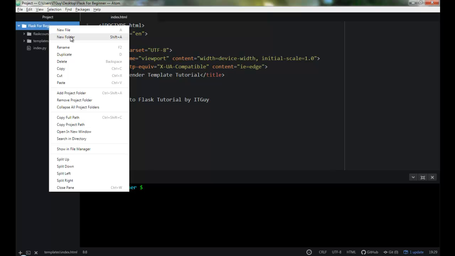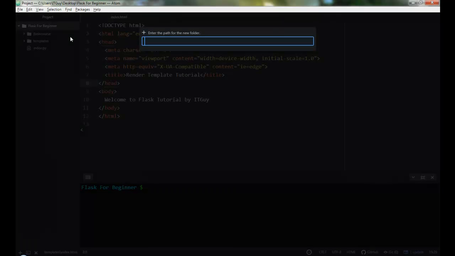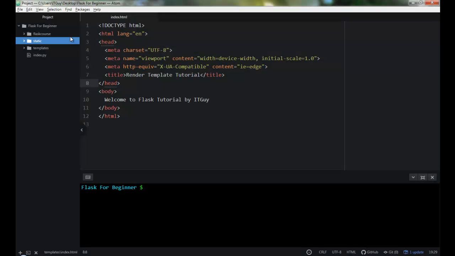First of all, I am going to create a new folder called static. Okay, make sure that the folder name is static, it must be static, otherwise it won't work. Let's try that as well. So I have created a static folder. This static folder should be at the root directory, and within it you can structure your application